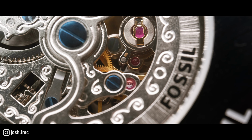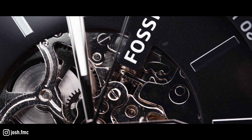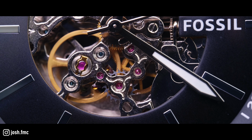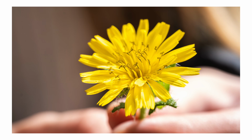Macro, a lens that can focus at insanely close distances in order to capture details that are not normally visible to the naked eye. A lot of photographers and videographers will dabble in the macro world, some will use it religiously and some will skip it completely. A lot of us will just see the occasional photo of a flower, boom, and think that that's all there